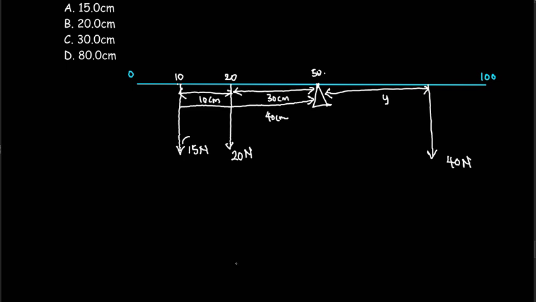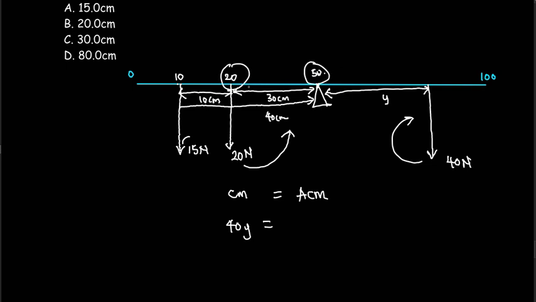Okay, so how do we go about this? Sum of clockwise moments is equal to sum of anti-clockwise moments. The only clockwise moment you see here is this one, 40 times y. 40y is equal to the anti-clockwise moments. So we have 20 Newton times what? Times 30 cm. It's 30 cm from the pivot, because 50 minus 20 is 30, right? So 20 times 30 cm